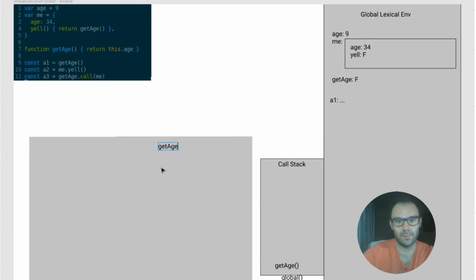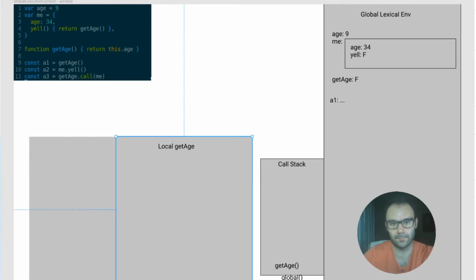getAge local. Okay, and since function getAge has 0 formal parameters, we are moving on to assignment for implicit parameter this. To determine the argument for implicit parameter this, we need to analyze the call site,